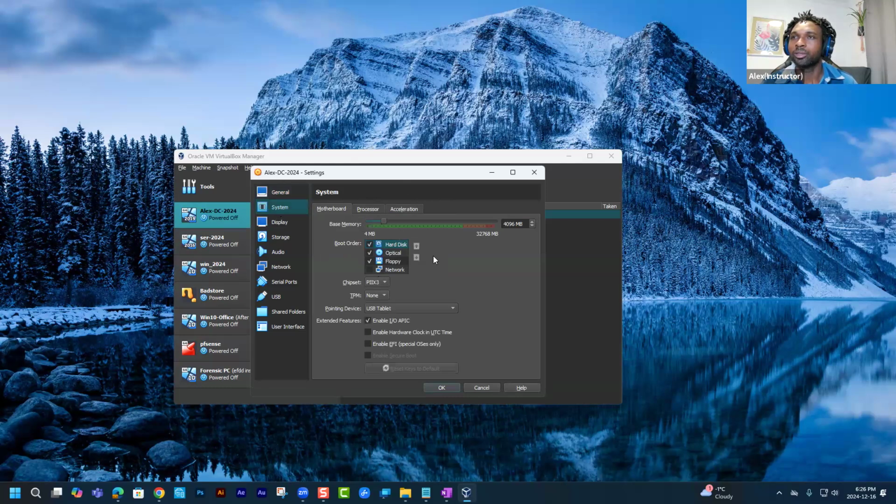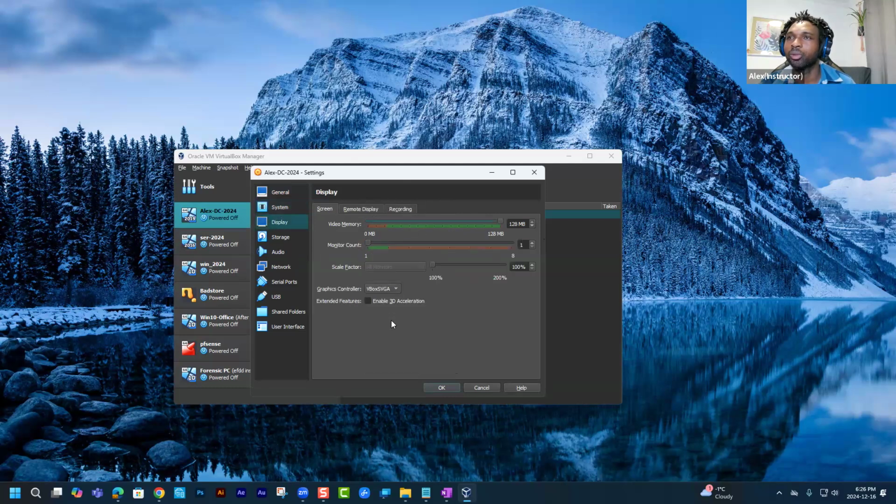Okay, in here, optical, I don't need floppy disk. I will disable floppy disk and everything is all good here. Enable tablet mode, that's fine. Display, I'm not changing anything on display. It's good here. For the graphic controller, I will set mine to